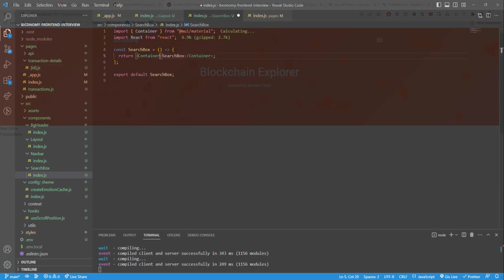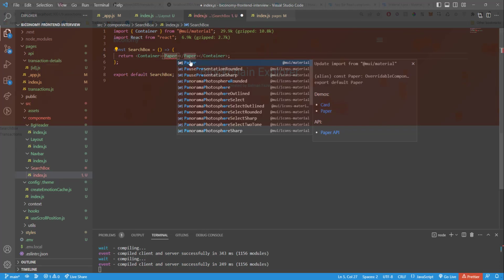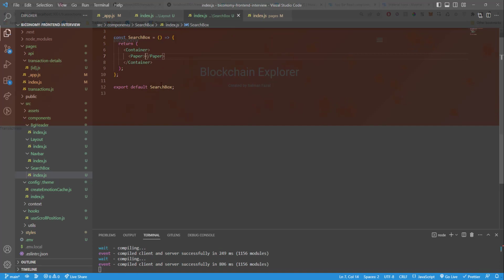container, and inside of the container I'll have a paper. So come on, import. Okay, paper, and then let me just say ABC or whatever in there. There we go. So if you look at the background, we have a container, right? The container adds some spacing on the left and right, and we have the paper as well. Again, the paper adds some shadows, so I'll get rid of that shadow. So I'll say elevation